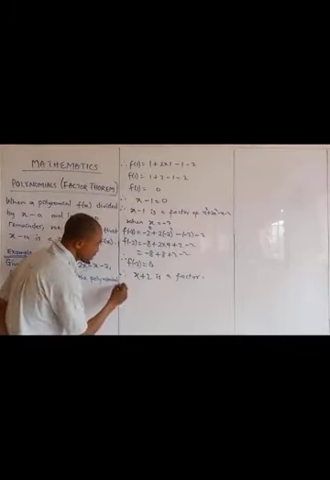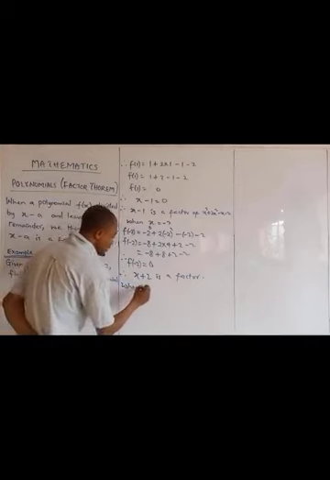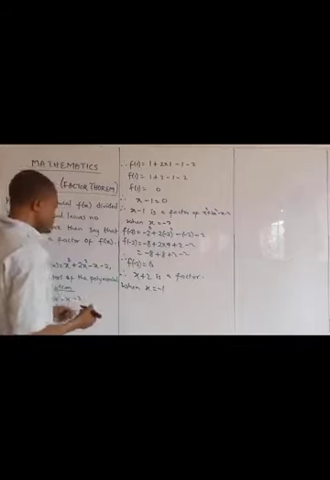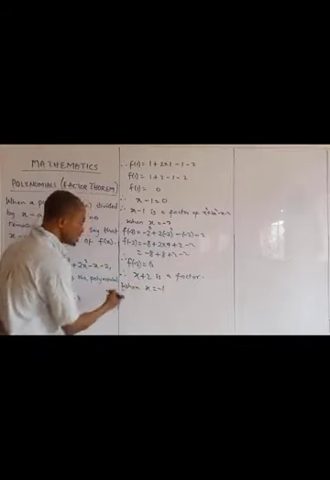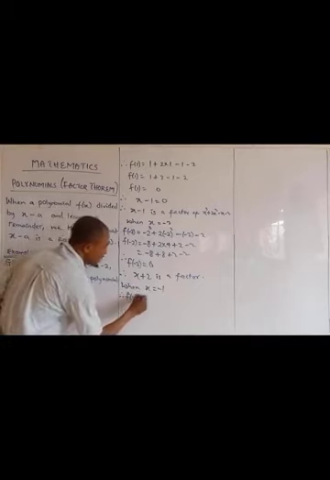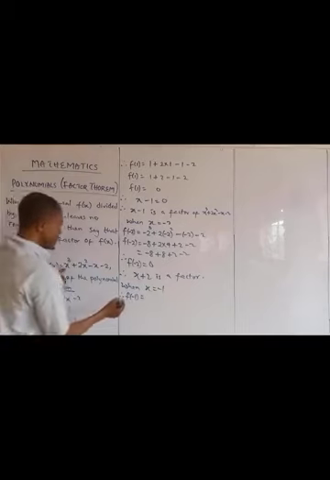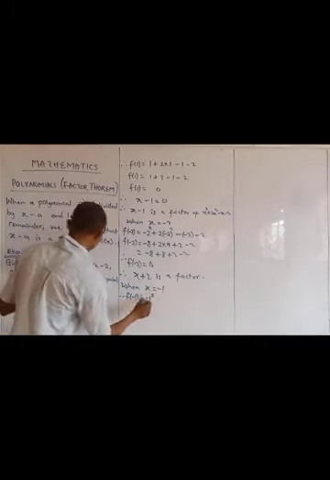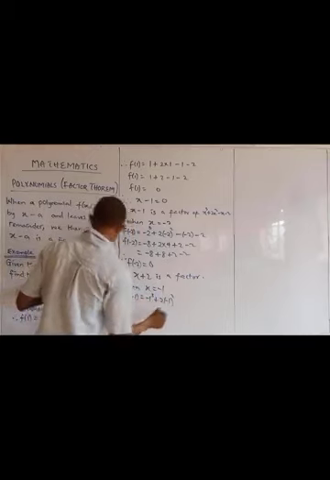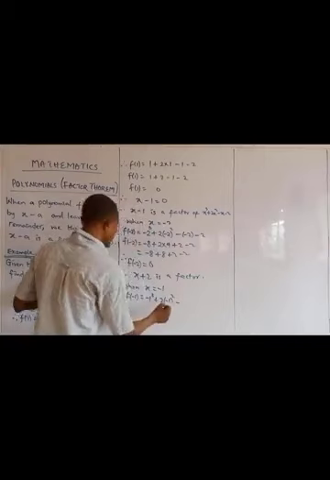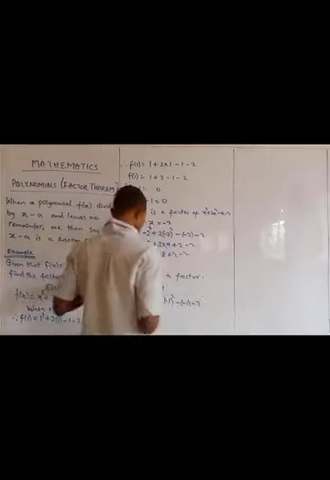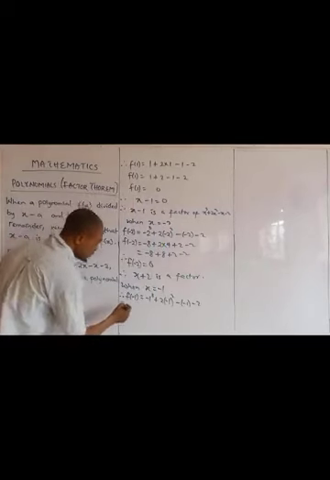So here we come here and say that when x equals negative 1, we come here and say that therefore f of negative 1 equals the polynomial, negative 1 to the power of 3 plus 2 open bracket negative 1 to the power of 2, minus open bracket negative 1, then minus 2. So when we do this, we are going to have